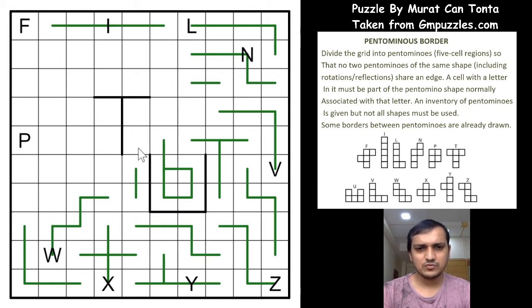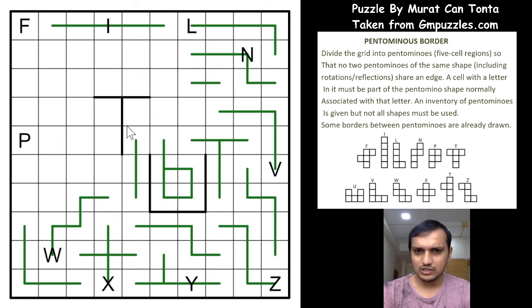So what happens if these two cells are not part of a single pentomino? So we get a cross here, right? Sorry, we get a cross here, so this pentomino cannot go this way. Now what happens here is, to form a 5-cell region, this pentomino already has 4 cells, and the 5th cell will be here or the other way, somewhere here. But this shape has now only 2 or 3 cells. So we conclude that this cell has to be part of this pentomino.